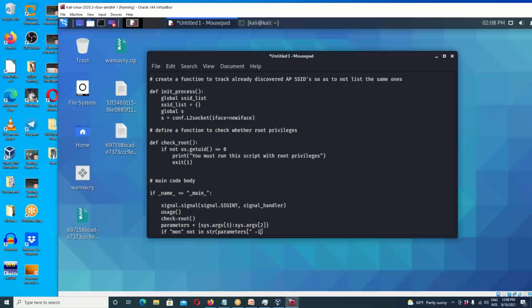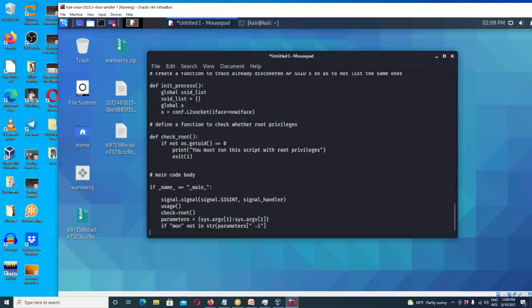Let's make sure we have that double quotes in there. Okay, like that. If the dash I is not in there, in the parameters, we're checking here now that,